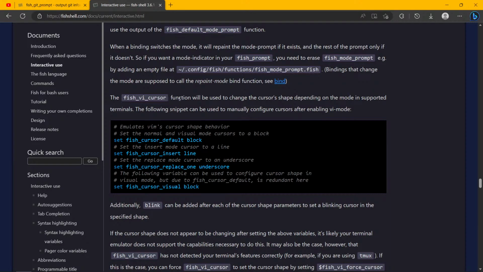Fish vi cursor. Use it to change the cursor's shape. Vi mode in supported terminals. Following. To manually configure cursors after